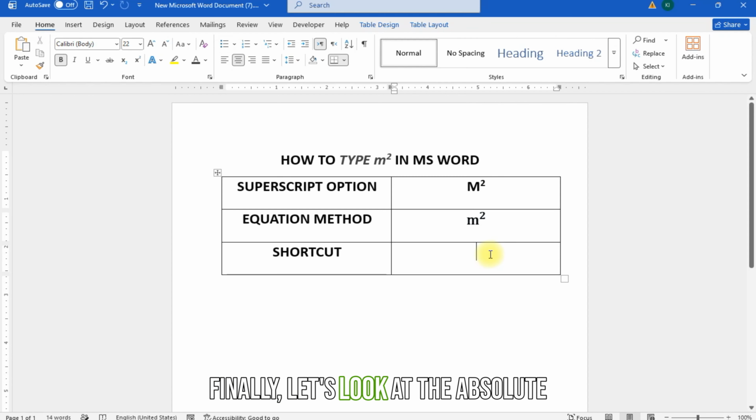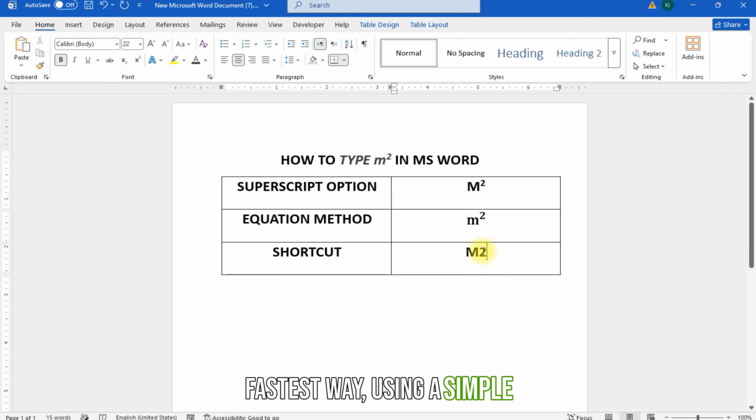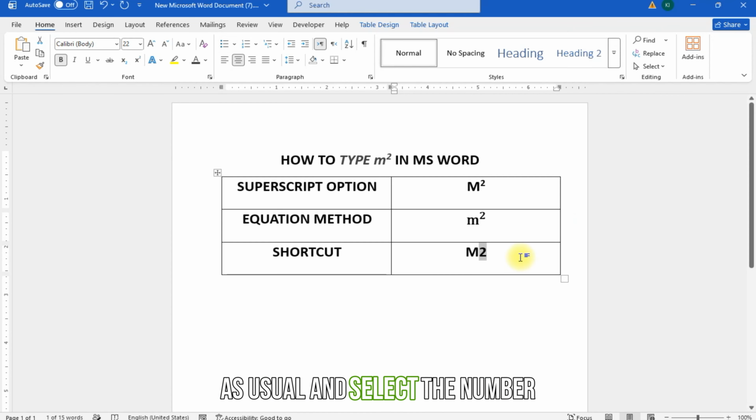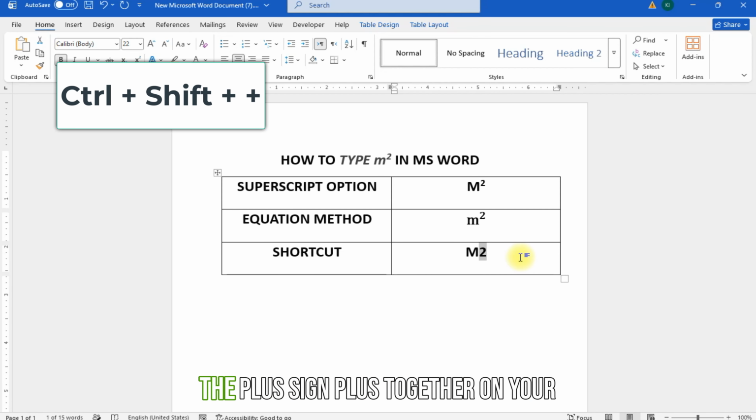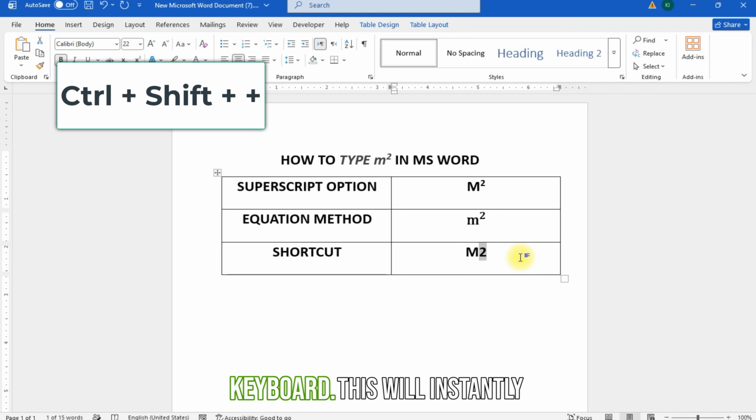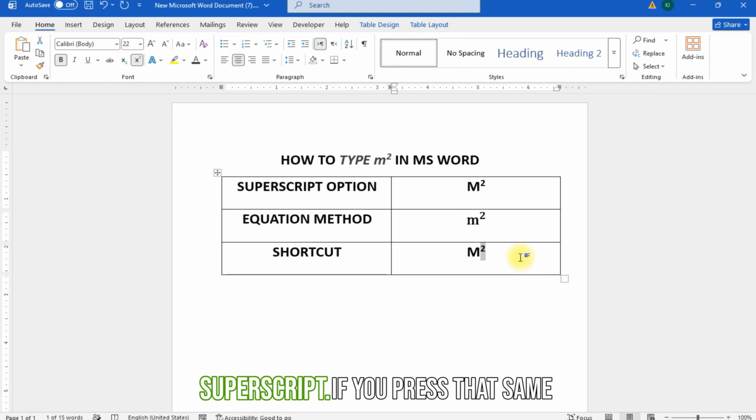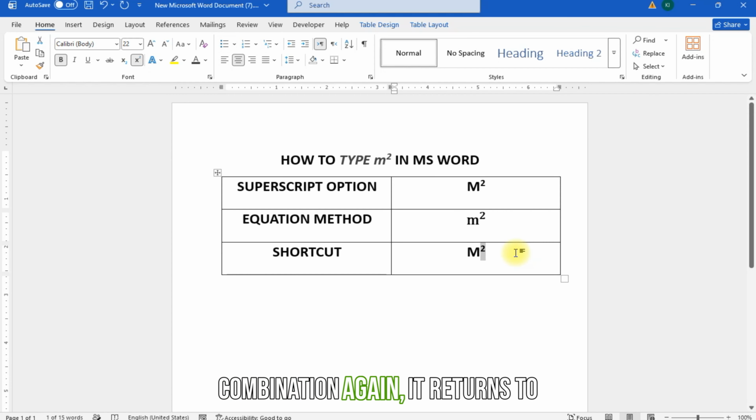Finally, let's look at the absolute fastest way using a simple keyboard shortcut. Type M and 2 as usual and select the number 2. Now press Ctrl Shift and the plus sign together on your keyboard. This will instantly format your selected text as a superscript. If you press that same combination again, it returns to normal